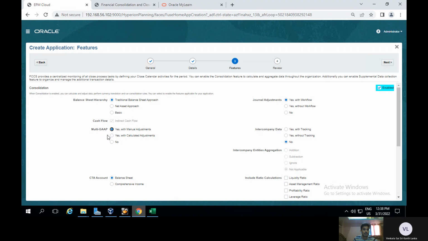Every country has its own principles. So if you want to follow those principles in this application, you should enable the as with workflow, as with manual adjustment or as with calculated adjustment. So in this case, I am going to select as with manual adjustment. So let me go to the